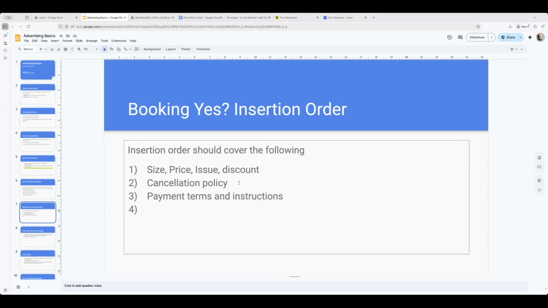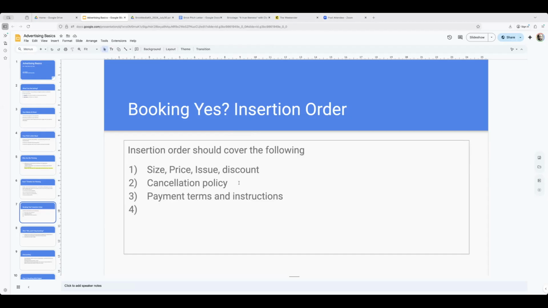I am not a technical person. Check with your web developers and people in your accounting department to see how they think it would best be issued. I have yet to meet an accounting person who doesn't want to take people's money up front, because we all know the horror stories of chasing people for payments. Don't need to get into that here, but make sure it's really clear and easy for people what those payment terms and instructions are, so that they can easily pay you and there's no challenge about that.